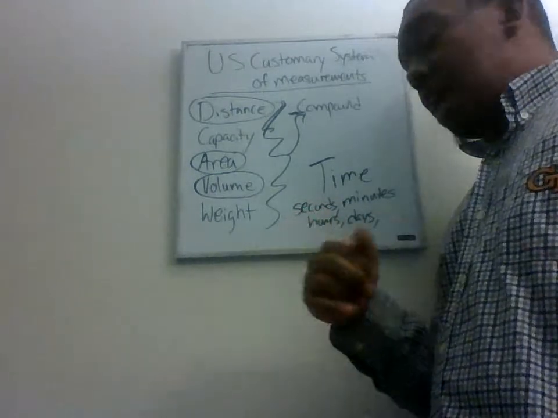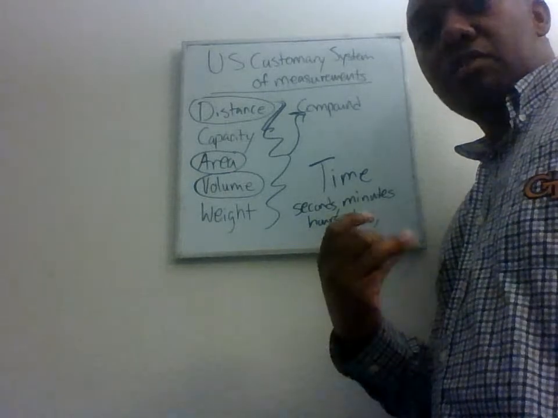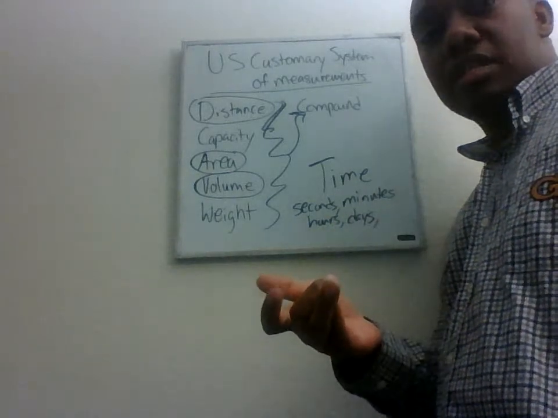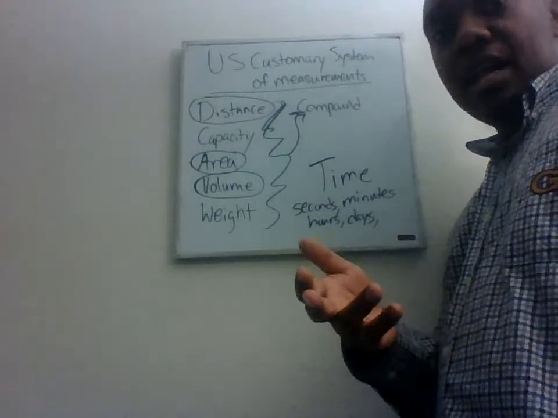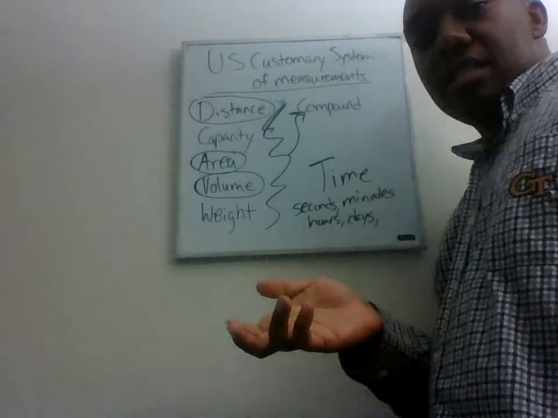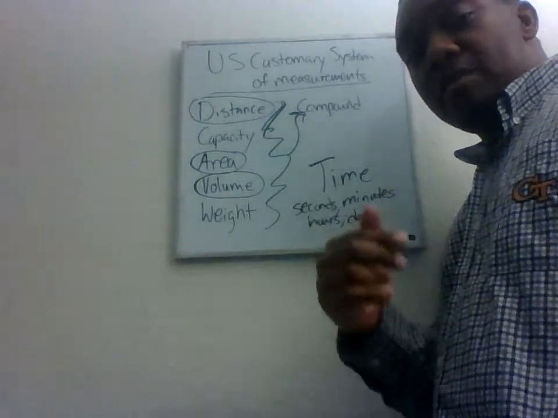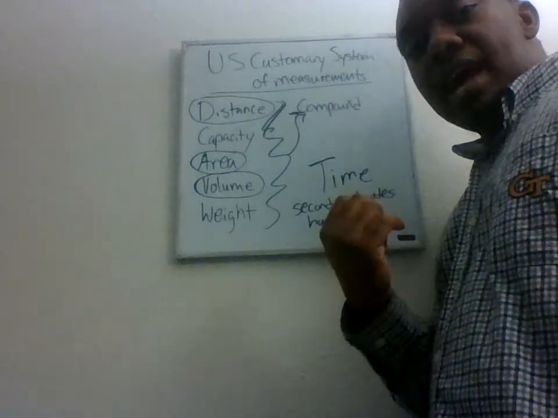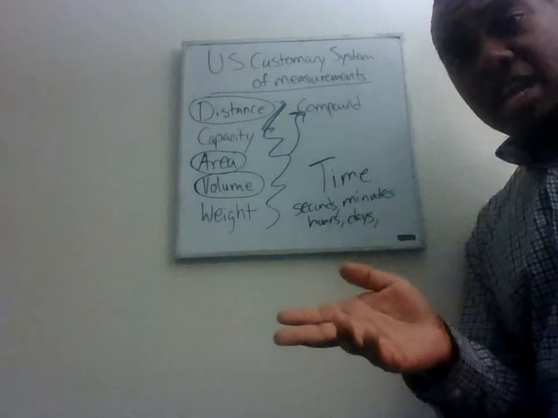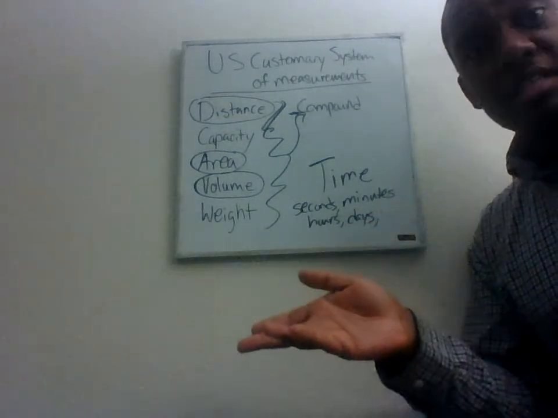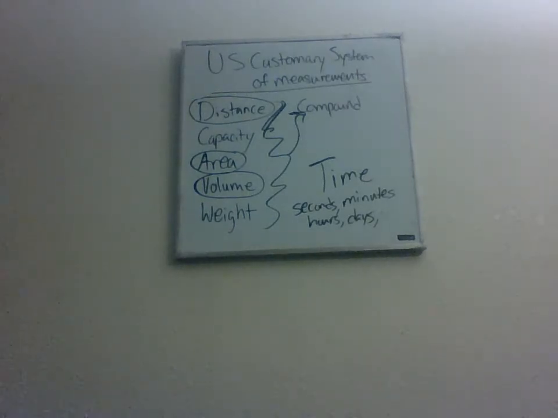So I have something else written up here, time. And that's written up here because we won't look at time specifically, but you do need to realize that it is still used in the US customary system. Time is used in both systems of measurement that we'll look at. We have seconds, and you can convert those seconds into smaller units when we look at the other unit of measurement. We have minutes, you can go to hours, and you can go to days. From days, of course, you can go to weeks if you want, or you can just go to months instead, or maybe you want to go to years, or you want to go to centuries or millennia, or